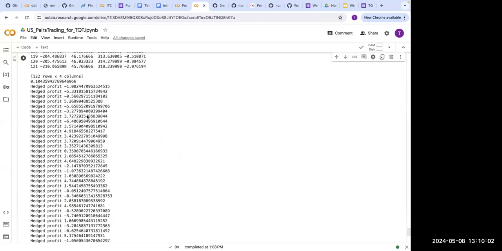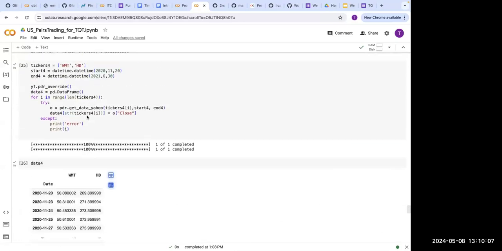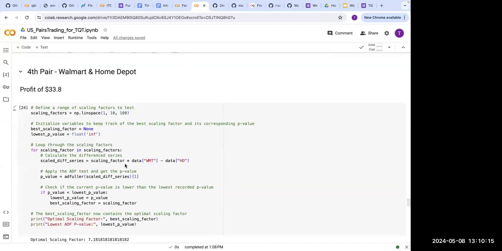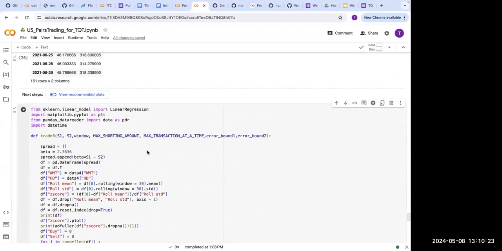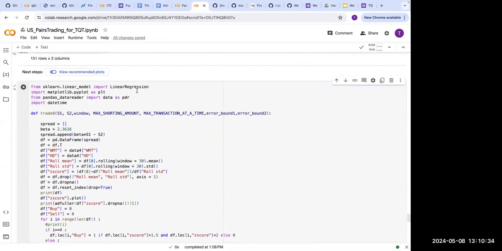I think there was some date that I've changed, but you can see I have made a profit of 34 on this based on the strategy on this date. This was a part of the workshop, if you have attended before, some of it I covered in a workshop. All right, so here again we simply used statsmodels and linear regression from scikit-learn to see how they can be used. I think I actually ended up not using linear regression because that wasn't required, so you can remove that.